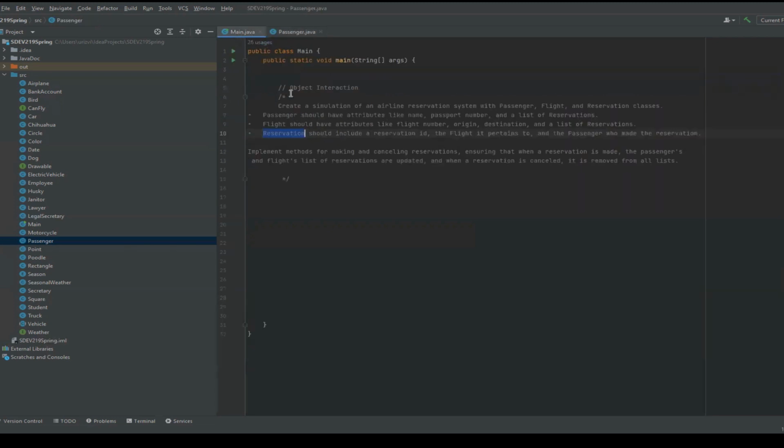And we need to make a list of reservations for passengers. So we need to use this object for the list of reservations. How can we do this? So when we create a list,